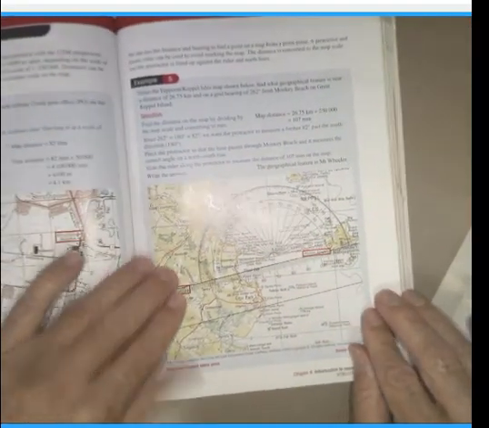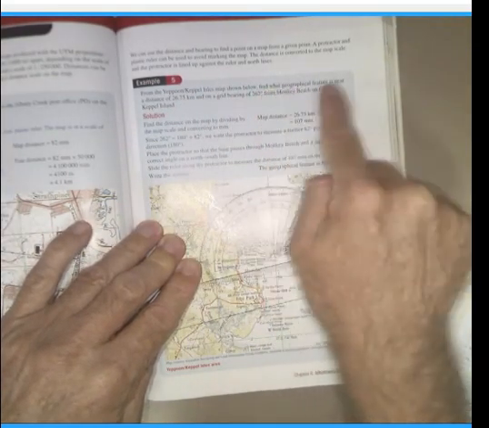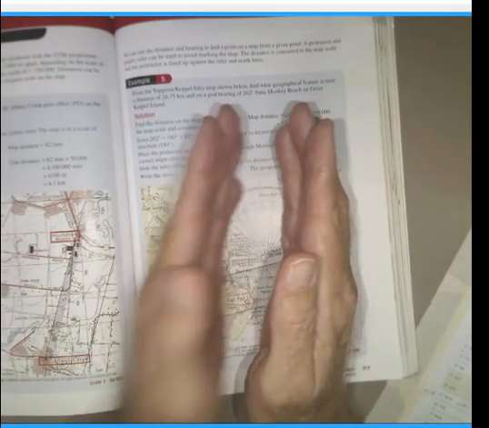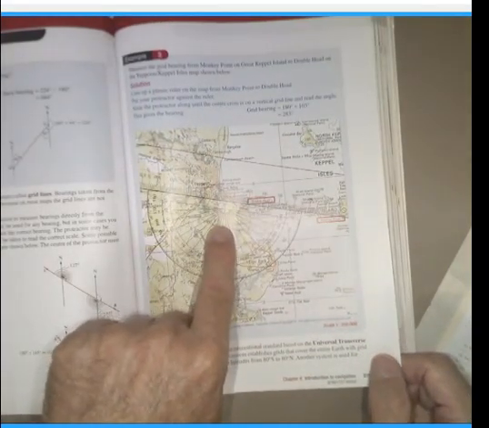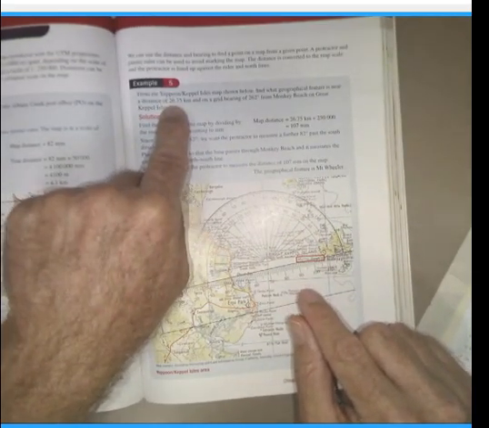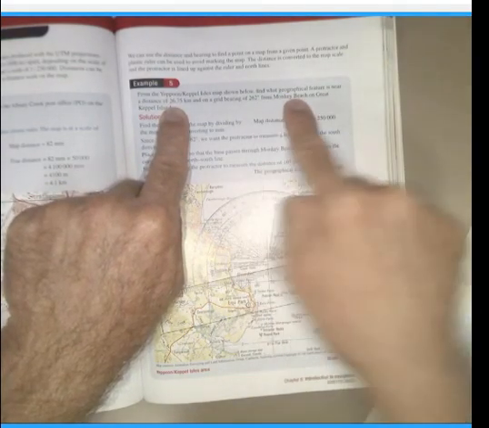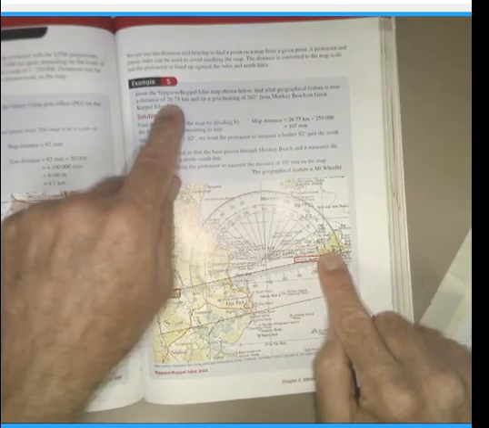Now, moving to our third type here. Once again, from this Great Keppel map, find what geological feature is, and it gives you a distance and a bearing. So this particular question is now taking the last two elements, the one on bearings and the one on distances, and putting them together. On this map you've got to travel a distance of 26.75 kilometers on that particular bearing from Monkey Beach. So find Monkey Beach. Now, first of all, the distance,